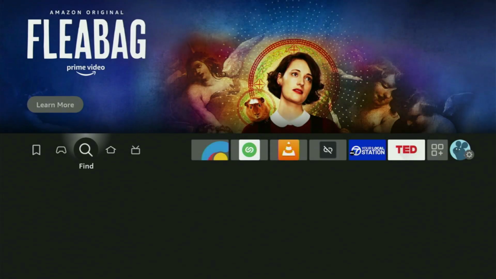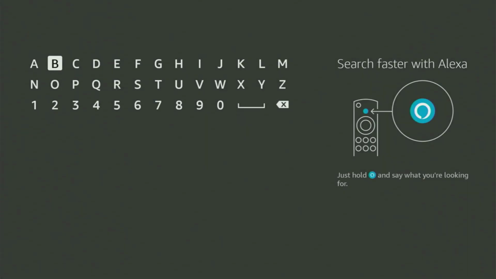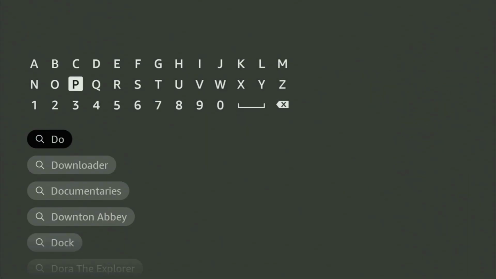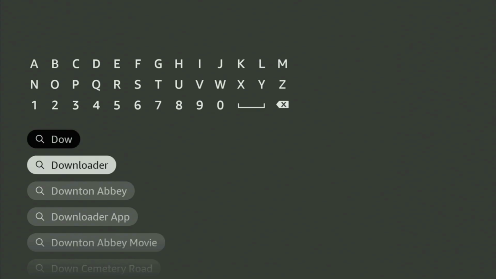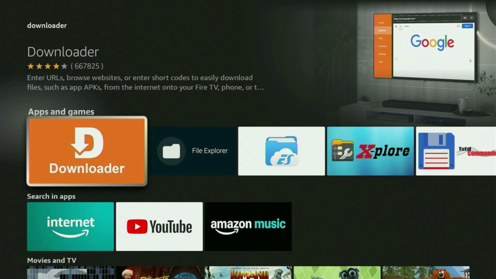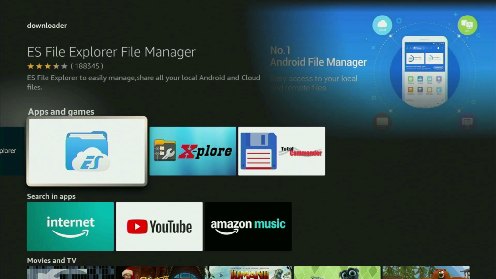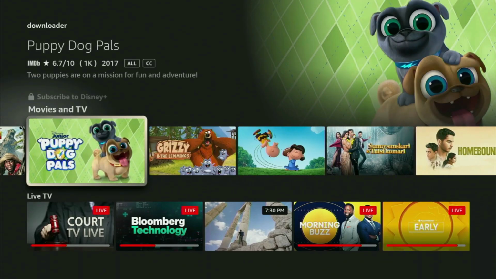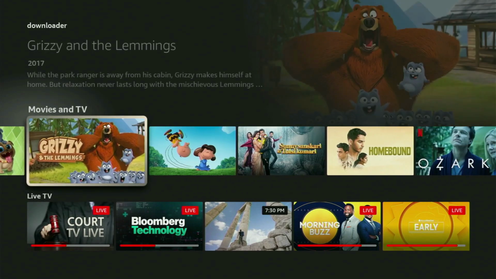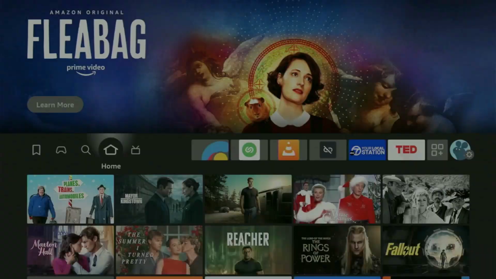So we have to go to search on the Firestick, go to the search bar, and start typing Downloader in here. And as you can see, Downloader has already popped up for us at the bottom. Click on it. And here is that orange application, which you gotta get to your device. But after you actually got Downloader, it's not over yet, because obviously you still have to set it up